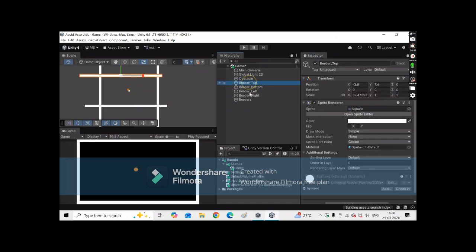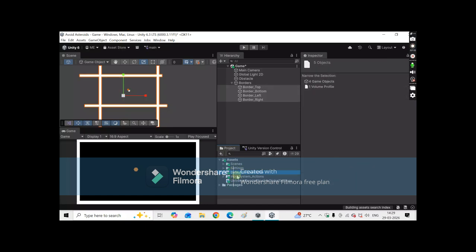Select all the borders from border top to border right, and place it inside the borders game object. As all the borders are now placed inside, now we will need to clean up these assets. We will first select all the unwanted things and put them inside the settings.